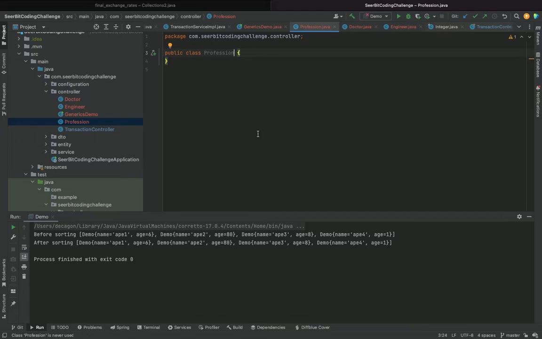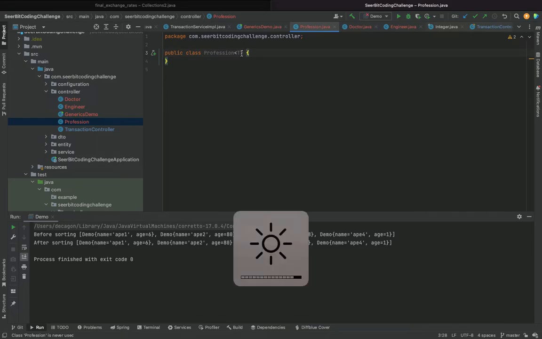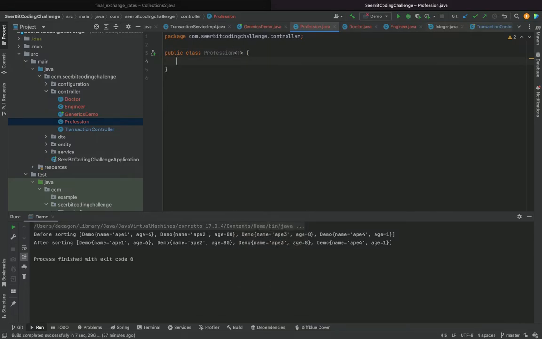Anything inside here could range from capital A to Z, but it's common practice to use T. Basically, T denotes type. Whatever type is passed here represents the object that is working with this class at that point in time.